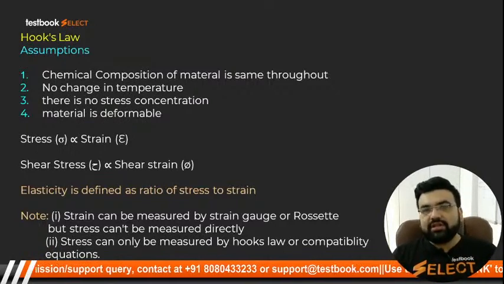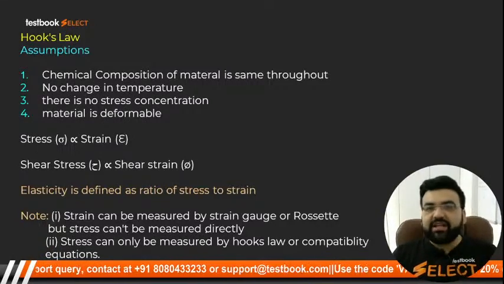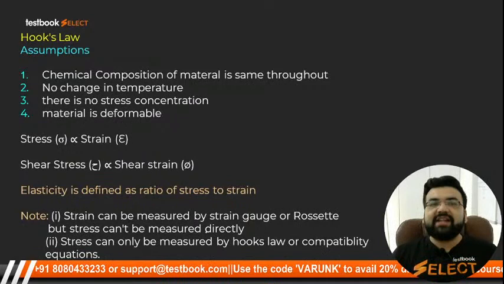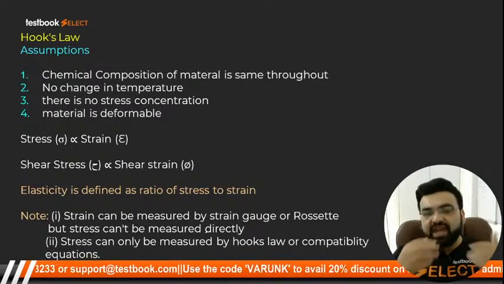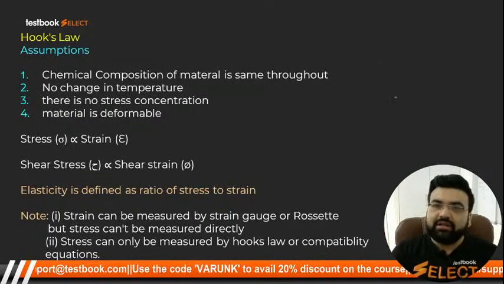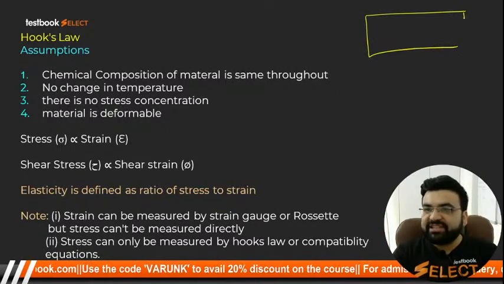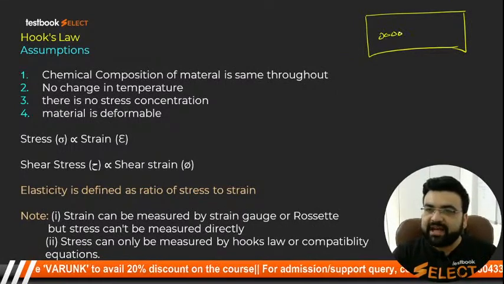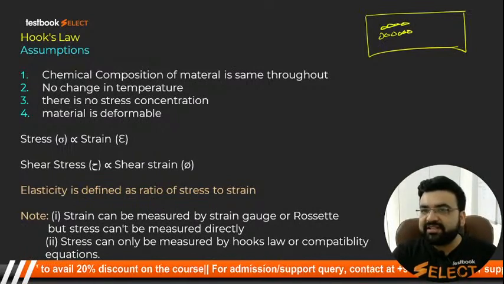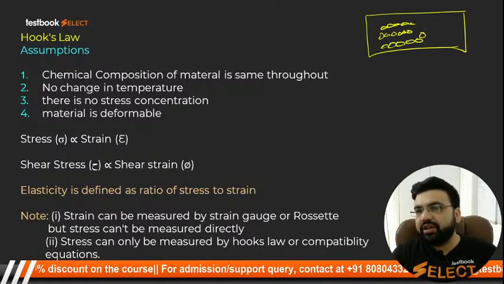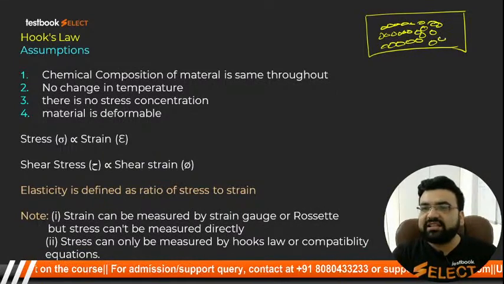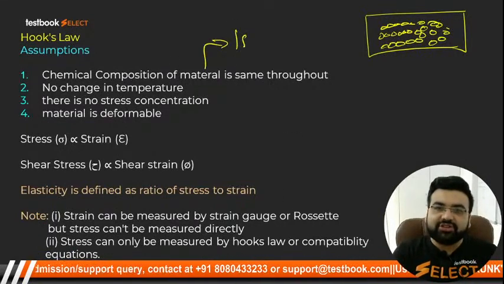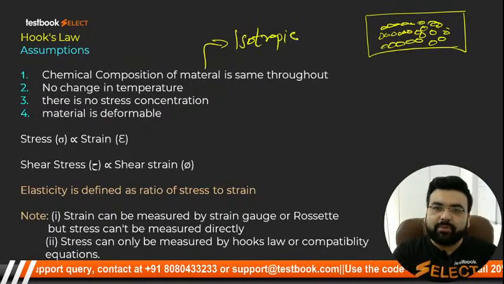So students, Hooke said that if a material is isotropic, isotropic stands for that the chemical composition of the material is the same everywhere. Clear? For example, this is a material. ये आपके पास कोई material है. इस material के अंदर क्या है? Molecules हैं, particles हैं, atoms हैं, right? तो सारे के सारे particles same हैं, सारे के सारे molecules same हैं, सबके बीच में distance same है. Everything is perfectly fine, जो कि nature में ऐसा कभी हो नहीं सकता, लेकिन that is what the assumption of Hooke's is, right? अगर ऐसी assumption मान के चलोगे, this is said to be an isotropic material.